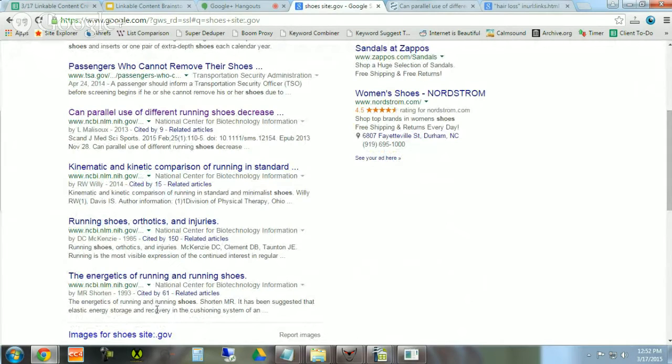Energy storage and recovery in the cushioning system of a shoe. Wow, that's cool. Oh, running orthotics and injuries. If you have a previous injury and you want to start running again. So, ladies and gentlemen, we went from shoes and then we found running, but then also as a topic, running